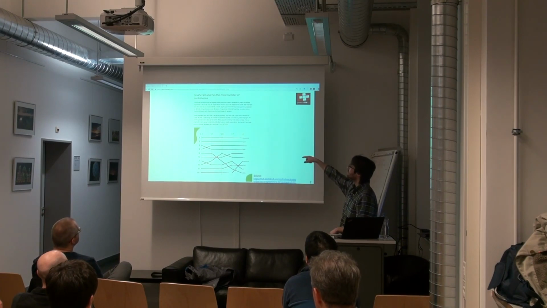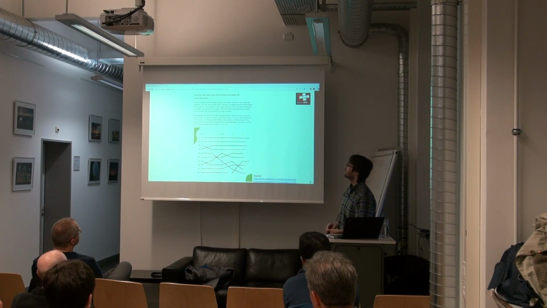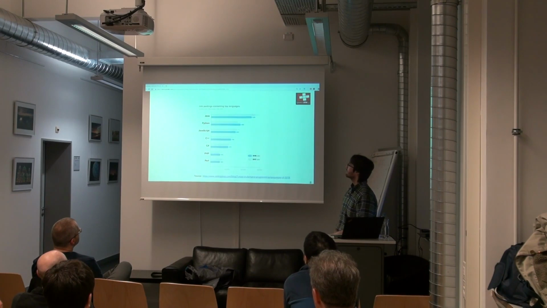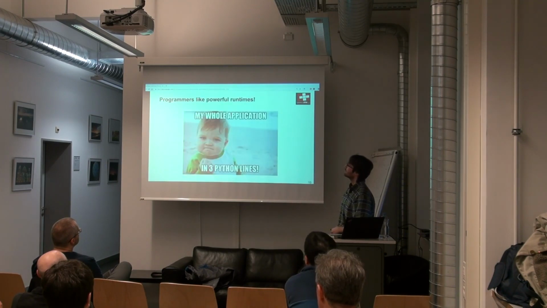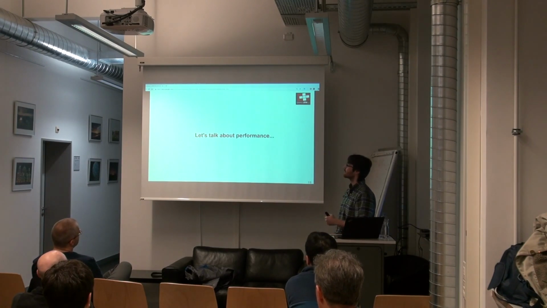You can see it also on GitHub. They have the evolution of, I think, pull requests by programming language. You have JavaScript in first place, and Java and Python, PHP, and so on. And then you have job postings and so on, also the same thing. And on TIOBE, C shows up in second place, but still Java and Python come in at very top places. It seems like programmers really like having a lot of functionality that helps them develop applications. So usually it's a good thing.